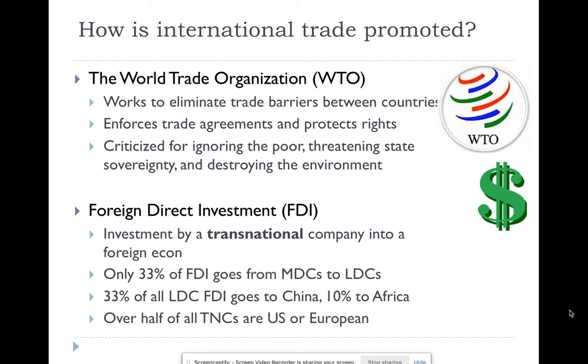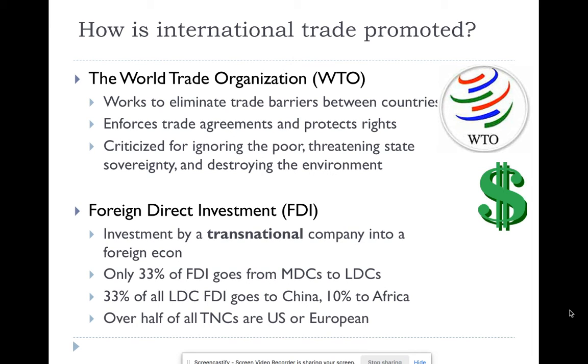Of that 33%, over a third of it goes just to China, and only 10% of it goes to the entire continent of Africa. All right, so this gives you an idea of how